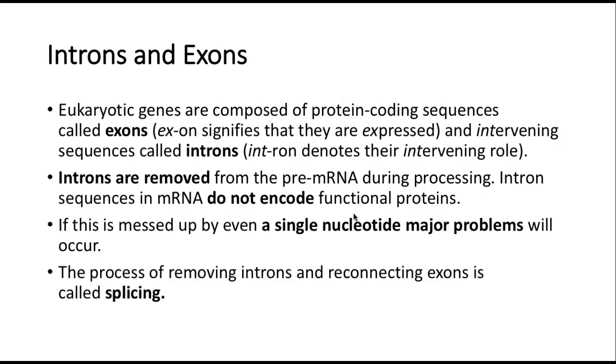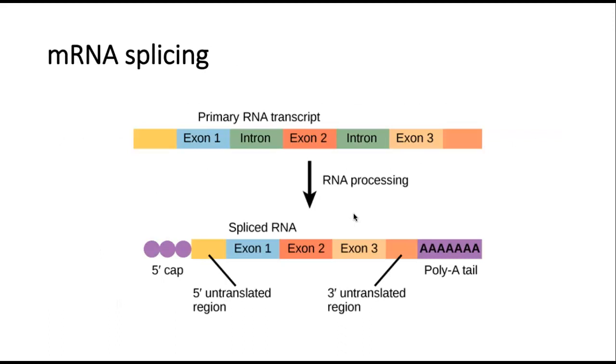The process of removing introns and then reconnecting exons is called splicing. So here's what this looks like. Here's that primary RNA transcript right as it's made, and you can see there's exon 1, 2, and 3. You've got to put those together, and to do that, you've got to splice out these introns. So those introns get spliced, and also this poly A tail gets added, which means, hey, don't break this down. We need it. We need to get it out into the cytoplasm, into the cytosol, out of the nucleus.